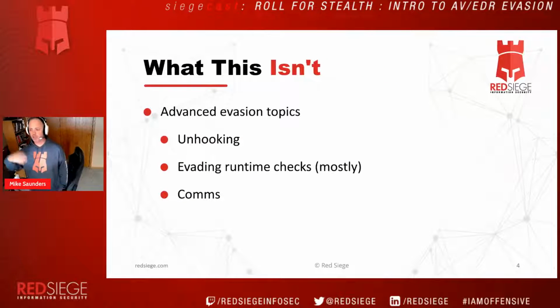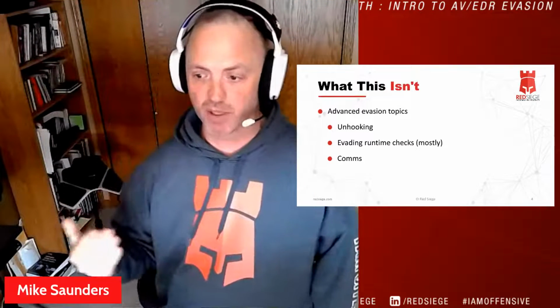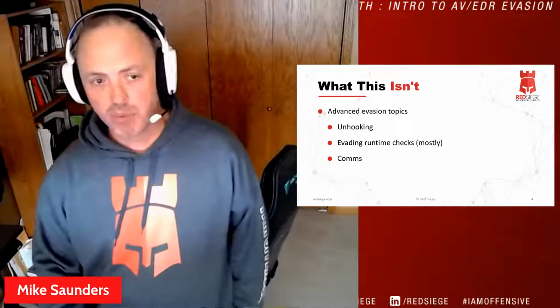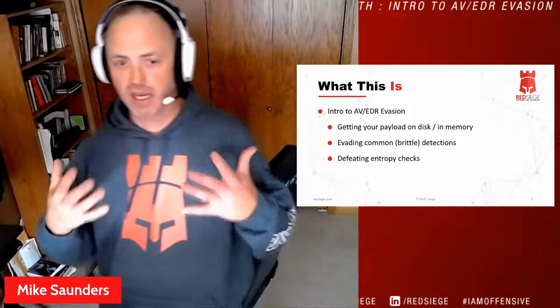So before we talk about what this talk is, I want to get some expectations out there about what this talk isn't. This isn't an advanced evasion talk. We're not going to be talking about things like unhooking. We're not going to be talking about things like evading runtime checks for the most part. We're not going to be talking about ways to obfuscate your comms channels when you are doing something like a C2 beacon. But we are going to talk about an intro to getting past AV